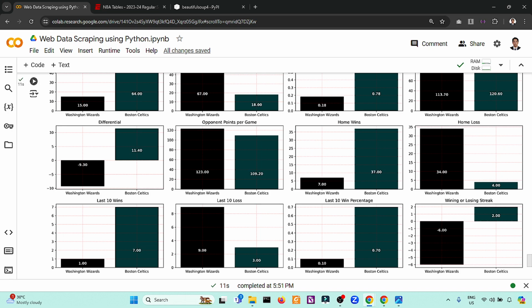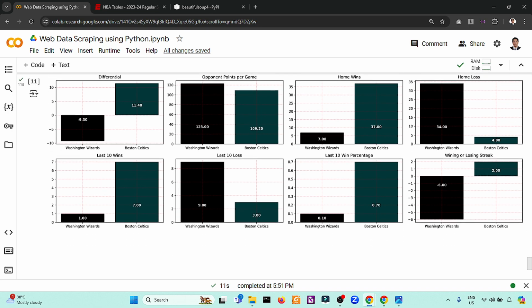Okay. So in terms of differential, the Washington Wizards has a losing season. Each game they trail by 9.3 points. That's the interpretation.